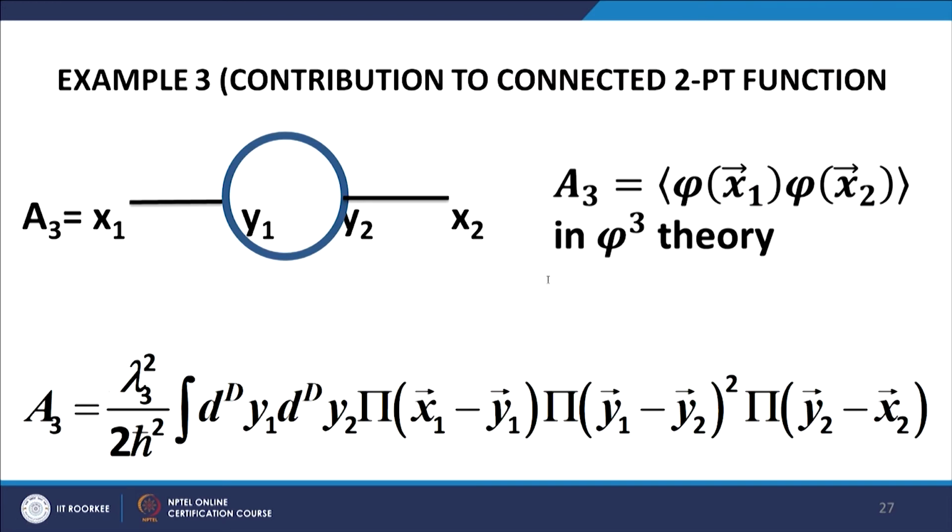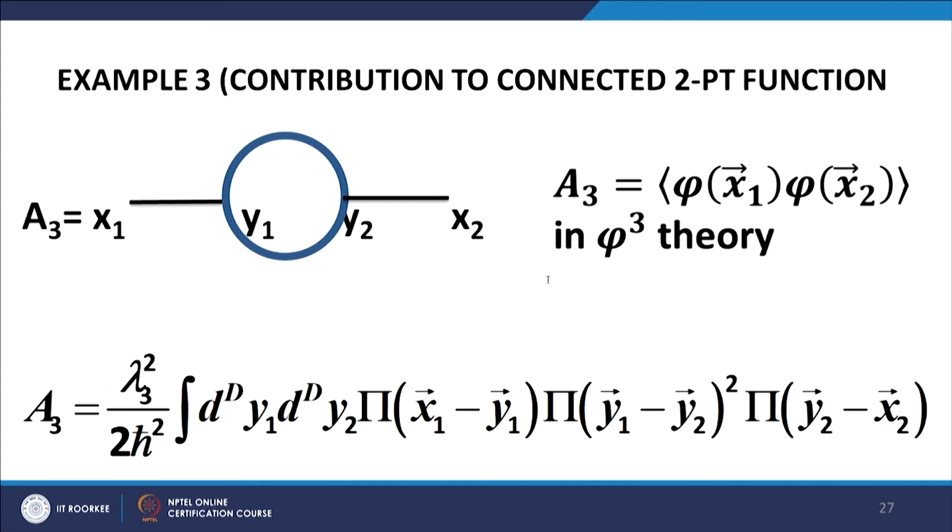Now, we have another interesting Feynman diagram. This is a diagram in the phi 3 theory. It has 2 vertices, as you can see, vertices at the point y1 and at the point y2. There are 2 3-point vertices which combine together to form a loop, and therefore, each of them evaluates to lambda 3 upon h bar, and therefore, we have lambda 3 upon h bar square. Of course, 1 by 2 is the symmetry factor which allows for the flipping of the loop, and we also have